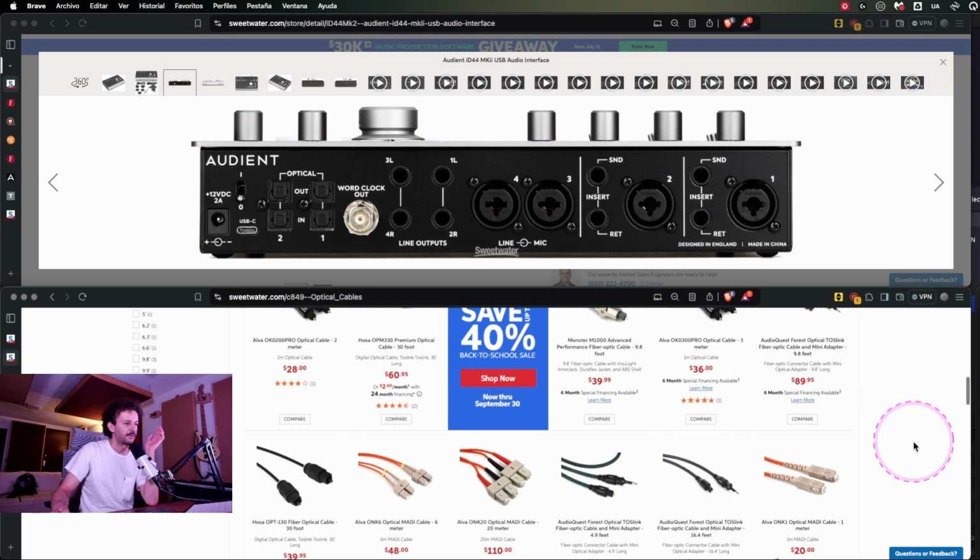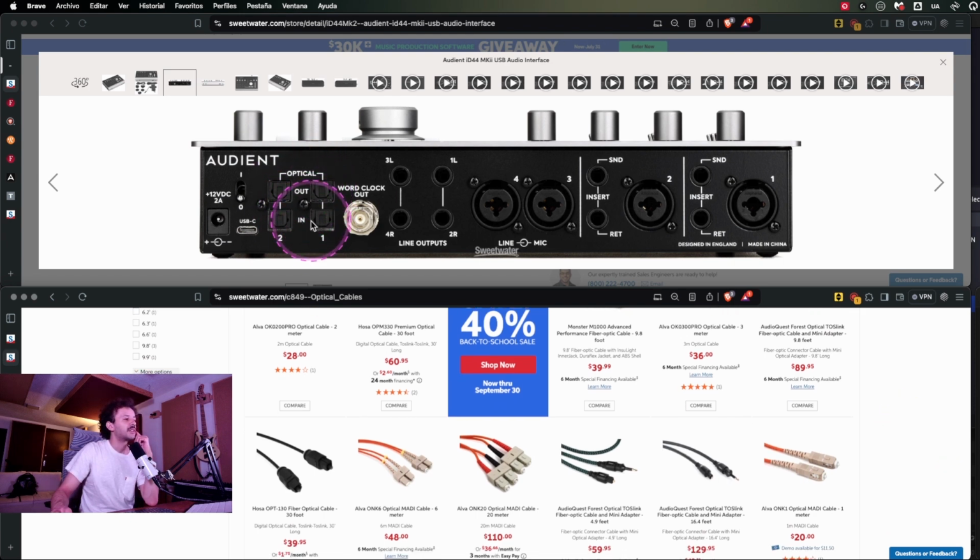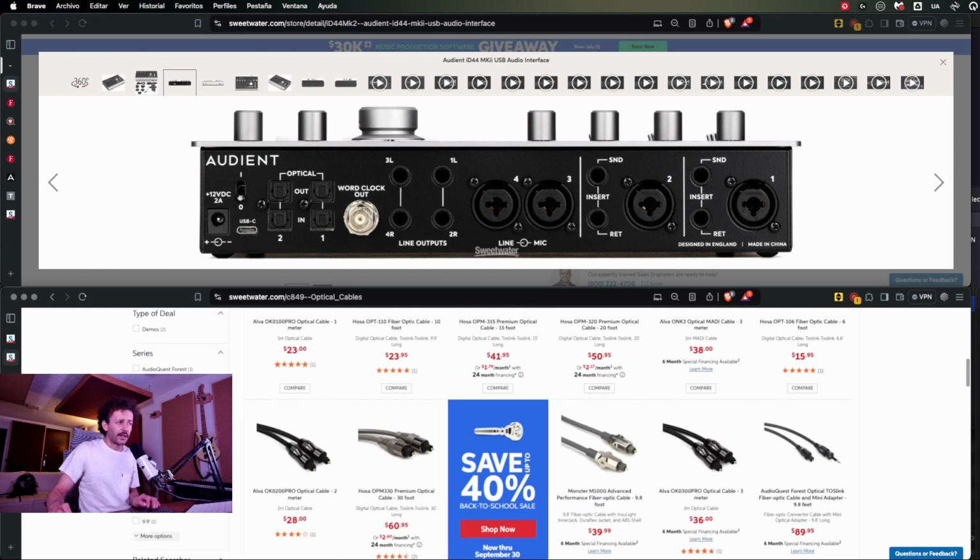That's also an option. And as you can see, here we have these different options of having two ways in and two ways out. As far as I remember, you can send 8 tracks, 8 channels through here, because that's the limit of the ADAT format. If you upsample, it starts halving. So if you go up to 96, you will only have 4 and so on. But for 44.1 and 48, you will be able to handle 8 tracks and 8 channels at the same time